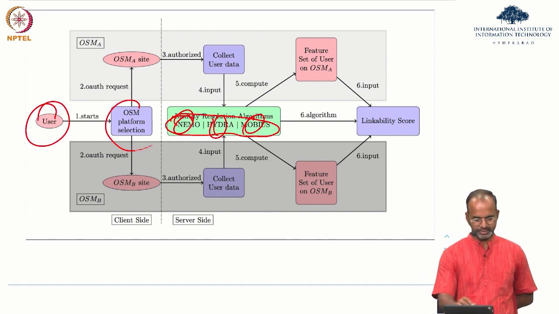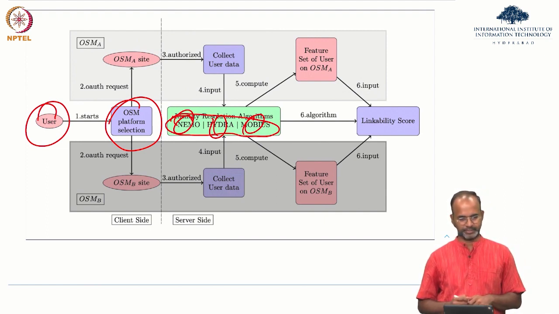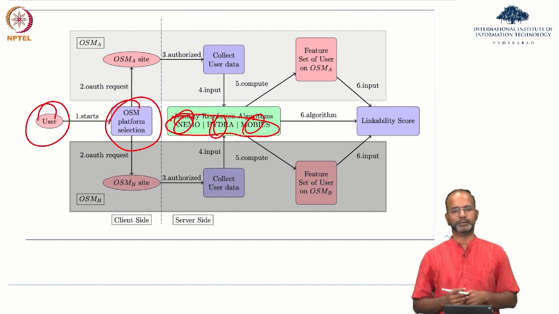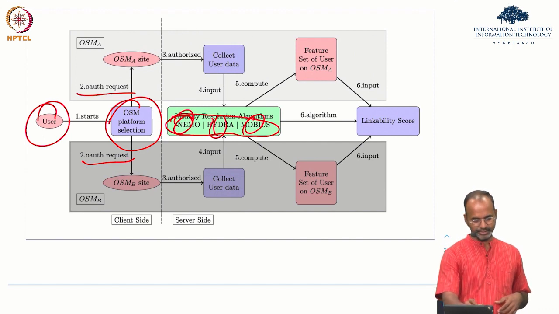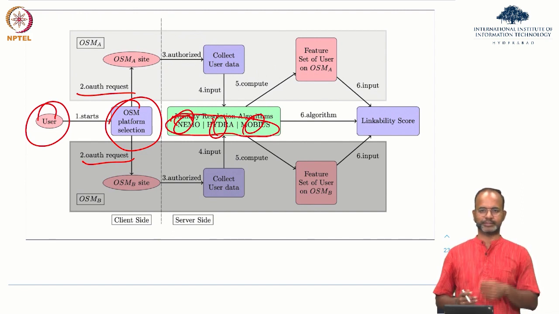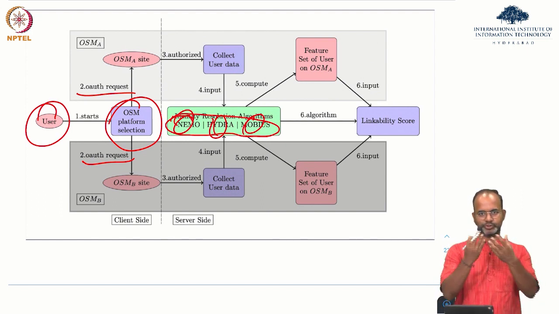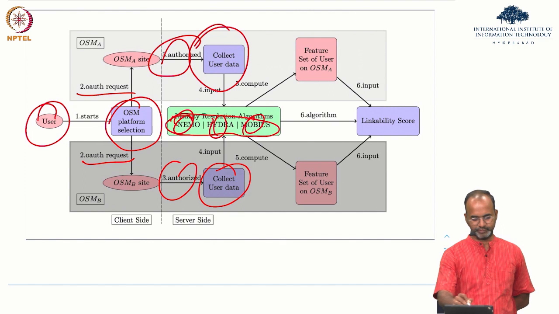So the user starts with some platform selection, where I decide that I want to share my Twitter and my Facebook authentication with Nemo. And so it says authentication request, which is for a third party, other than you. If I have to get access to your account, I have to have your approval in some sense, right? That's what is happening here. The authentication request is being done so that the third party app that I have built, that you're using, gets access to your user information. Authorization is done, and then data for the user is collected.